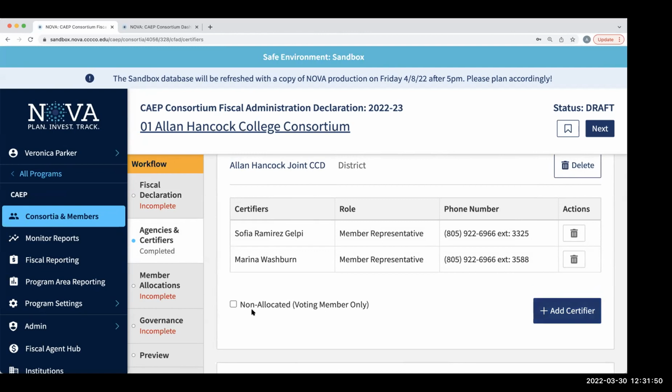And then here is the one time throughout the program year where you are able to designate a particular agency as non-allocated voting member only. Now, this designation means that the consortium will not be allocating any funds for this particular program year to this agency. However, because this agency is a part of the consortium, they still will be required to approve certain CAP deliverables. So for example, they would have to sign off on the CFAD,